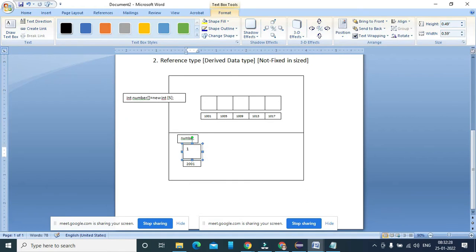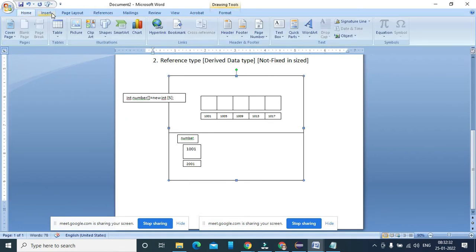So 1001 is held there. What is the advantage? We are going to see that as well.